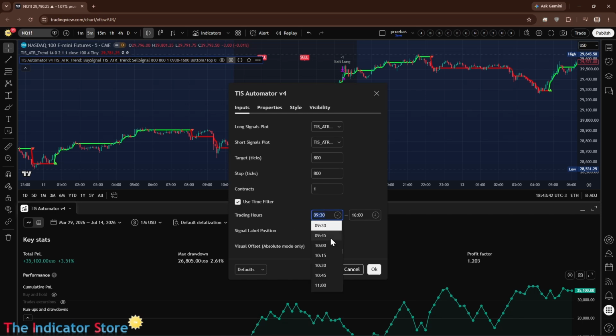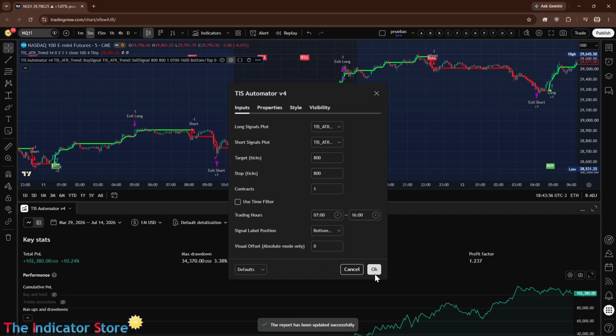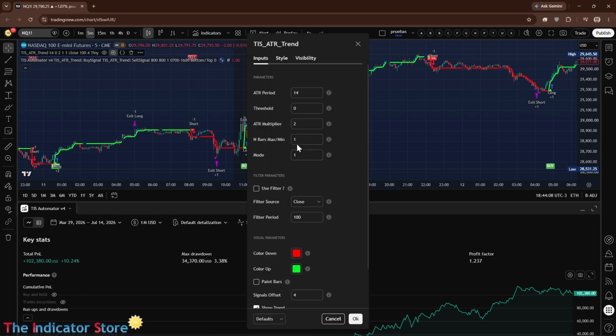If we trade the pre-market, let's say 7 a.m., the difference is not more profit, but a lower profit factor, so it is not a good idea. I think we should configure the settings of the indicator a little better. We can try this from the indicator and try